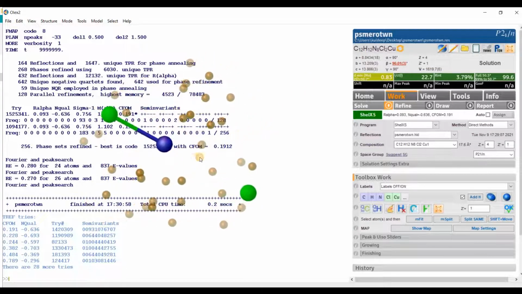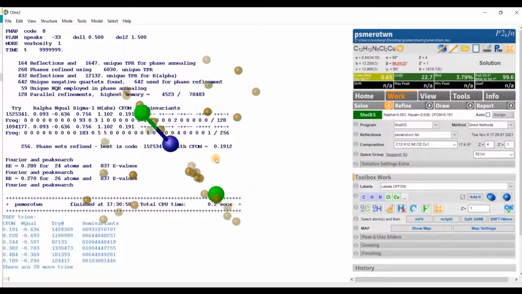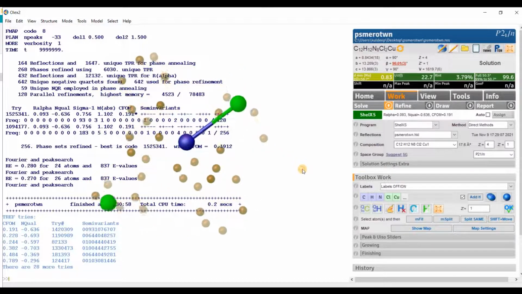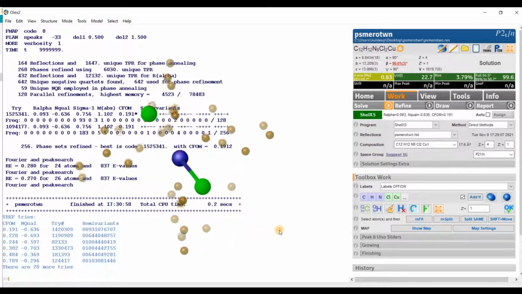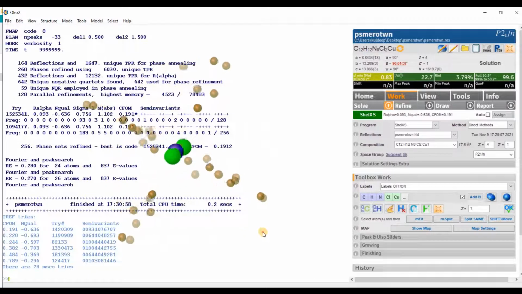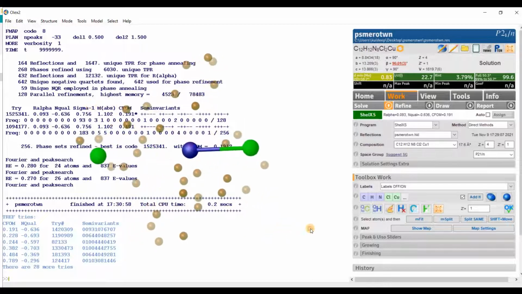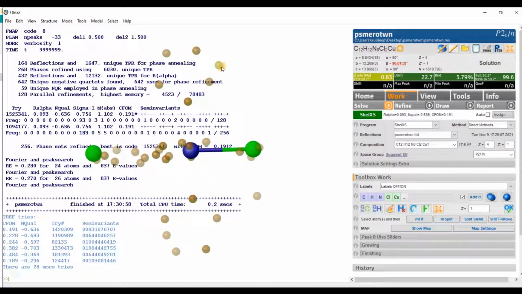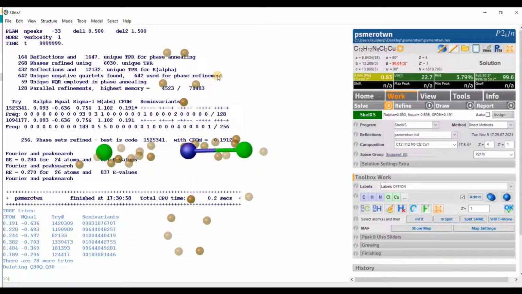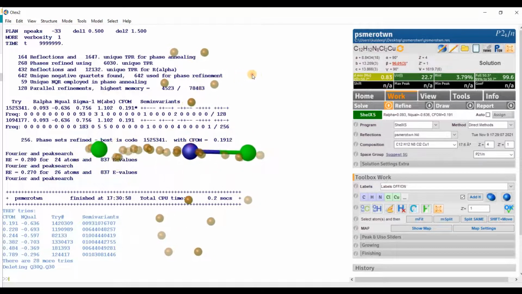So you can see this is copper, and this is chlorine, and this is another chlorine to balance the charge. Now I will look for the imidazole rings. Where are the imidazole rings? Okay, here one ring is here. Just delete the extra atom, and you can see this is an imidazole ring.